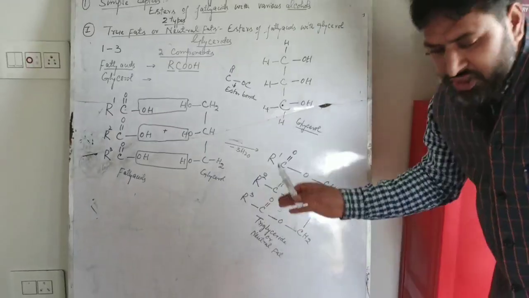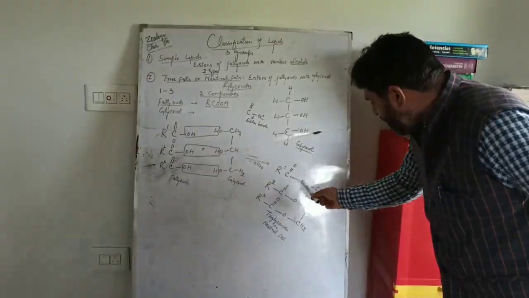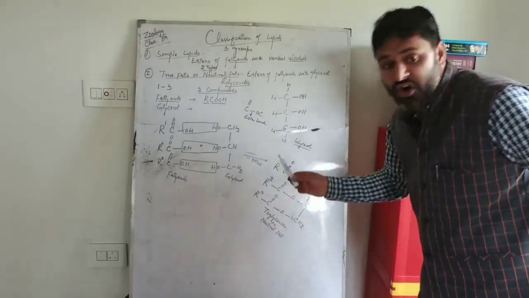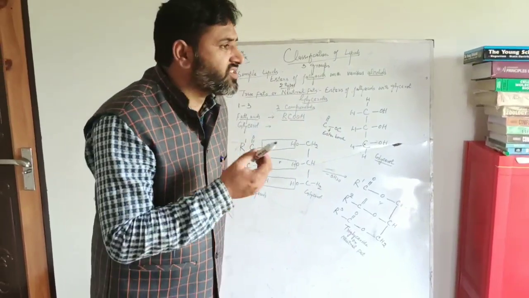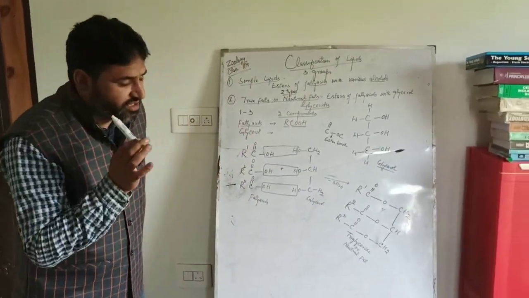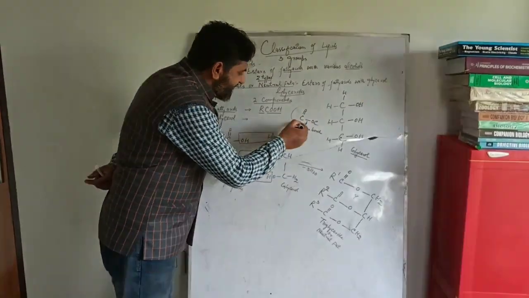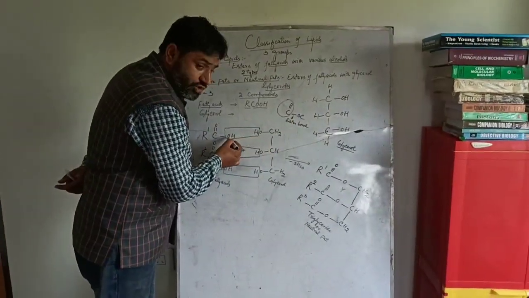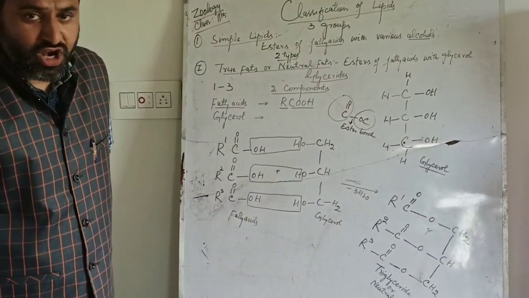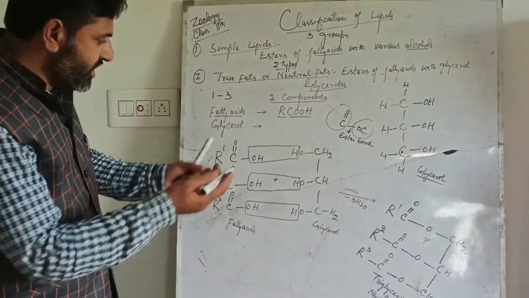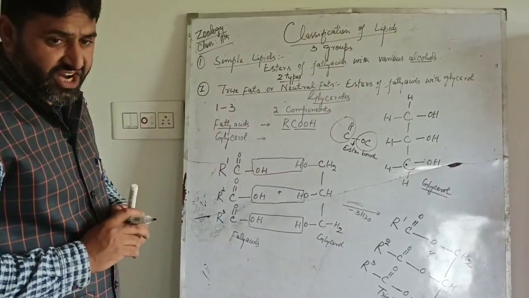and 1 glycerol, and there is formation of a bond that is known as ester bonds. So that is why lipids are known as esters of fatty acids. So what is an ester bond? The bond which is formed between the acid, that is the COOH, and the glycerol molecule, the alcohol molecule, is known as an ester bond. So this is the general formula of triglycerides.